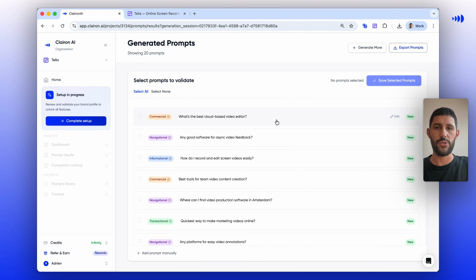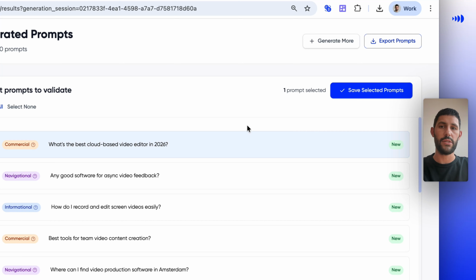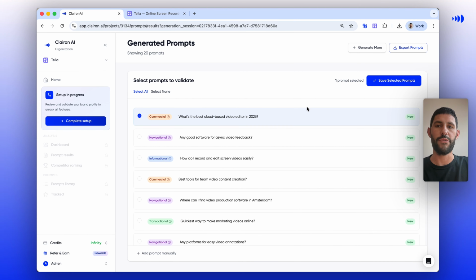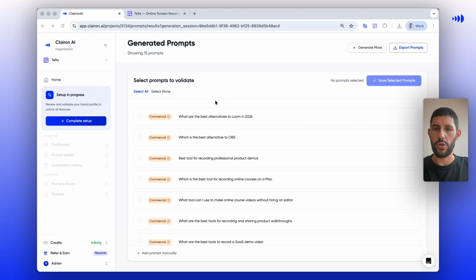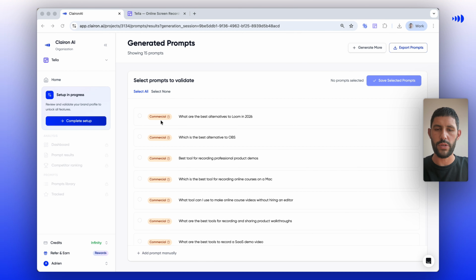You still have the ability to edit these prompts. Let's say here, what's the best cloud-based video editor? And I just want to add in 2026, right? I save it. So you can edit all your prompts before moving to the next stage. So I'm going to take a couple of minutes to work on this list, and we're going to move to the analysis. Okay, so I worked on the prompts, and I went for 15 prompts, 12 with a commercial intent,